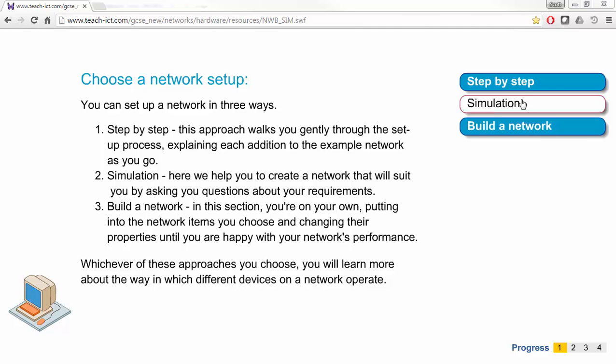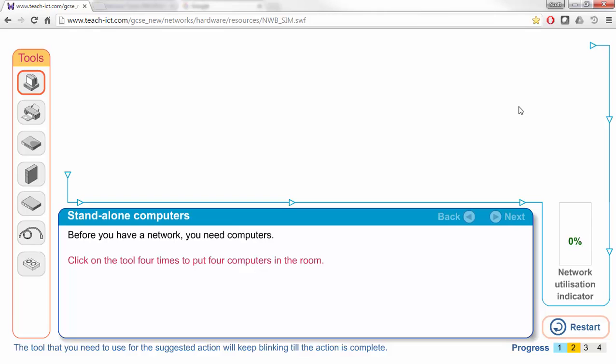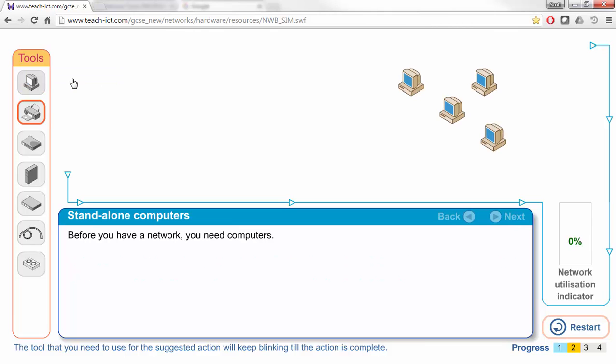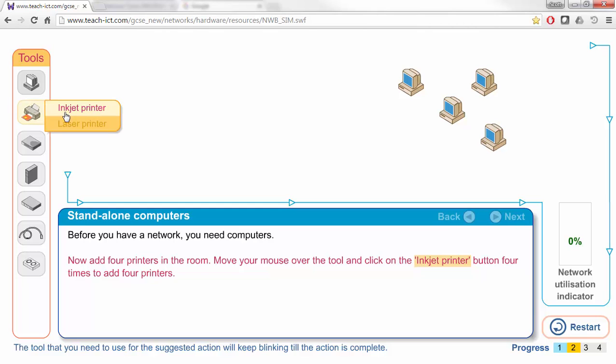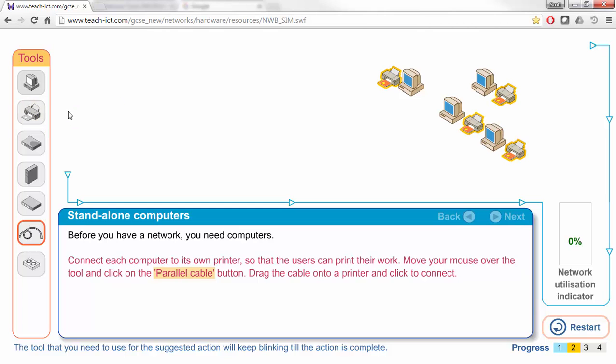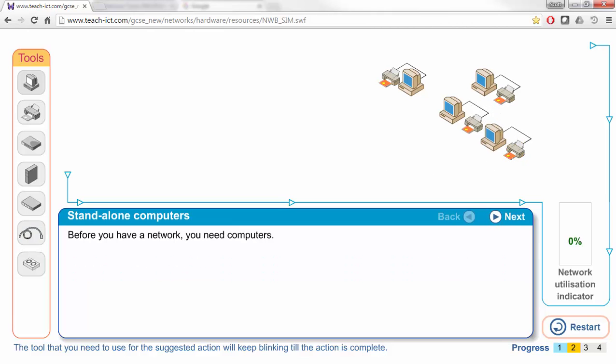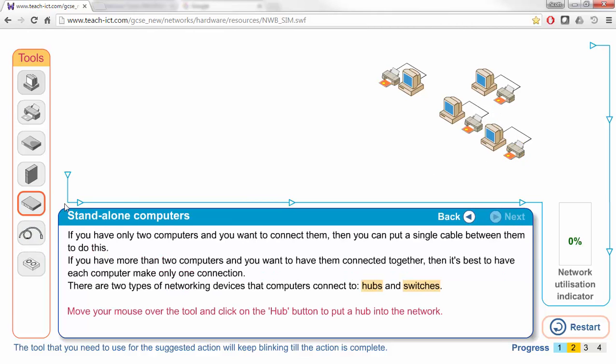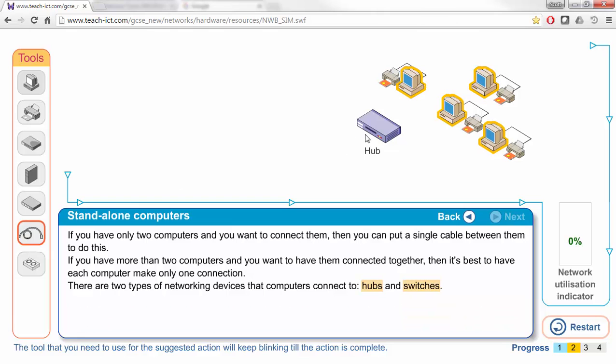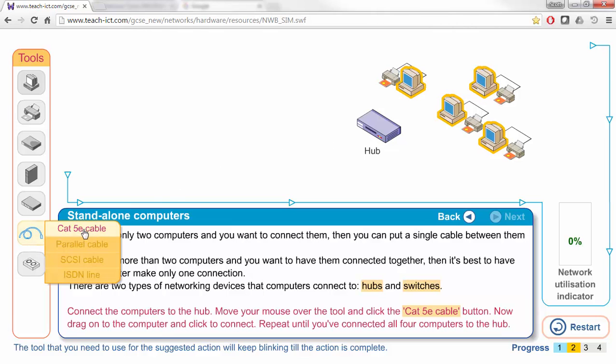It's very useful to do a step-by-step build of a network. It tells you what to do and then builds them all for you. So for instance here we need a parallel cable, we connect them together. Connect our computers to a hub and connect our